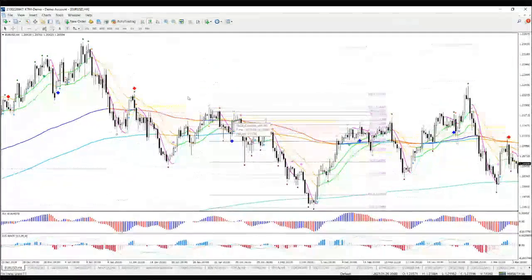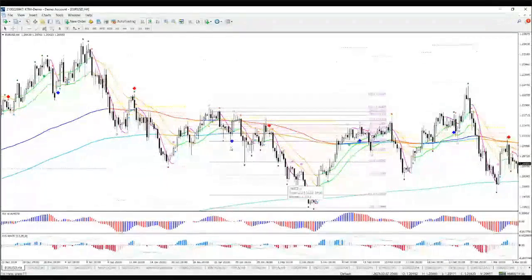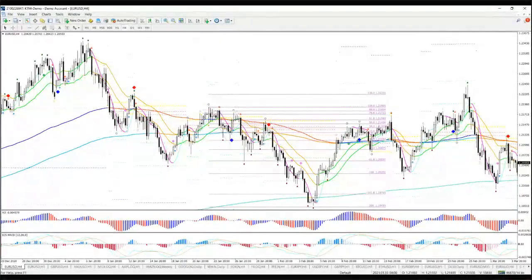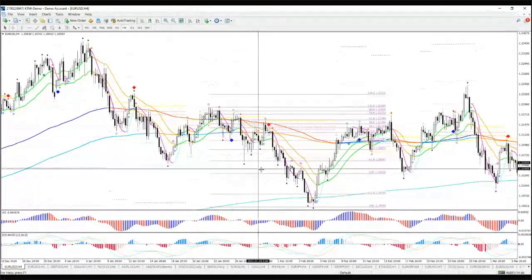One, two. And as you can see, breaking through these targets, we got to follow through to the minus 200 target. That was an extension of the wave 3. So, where you trade that wave 3, whether that is at the beginning when the wave 1, 2 is taking place, or the breakout, or